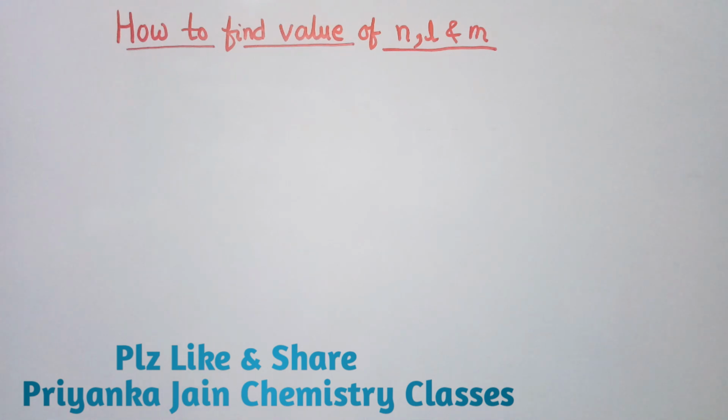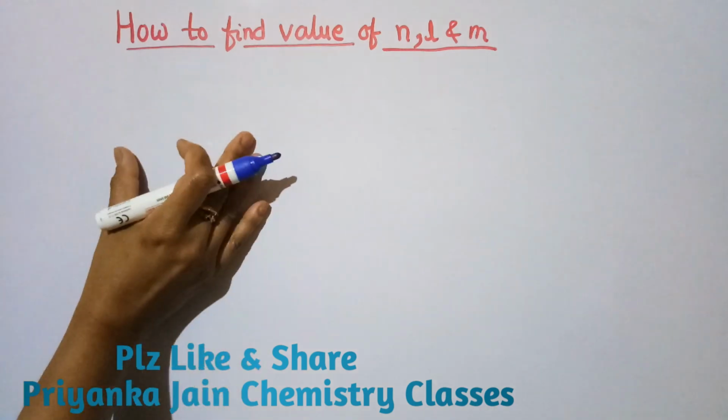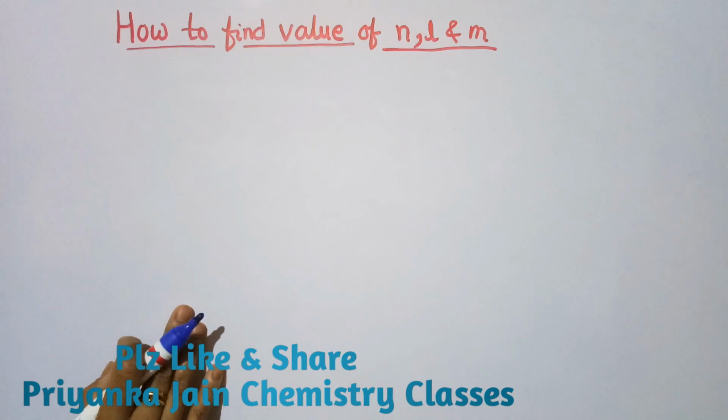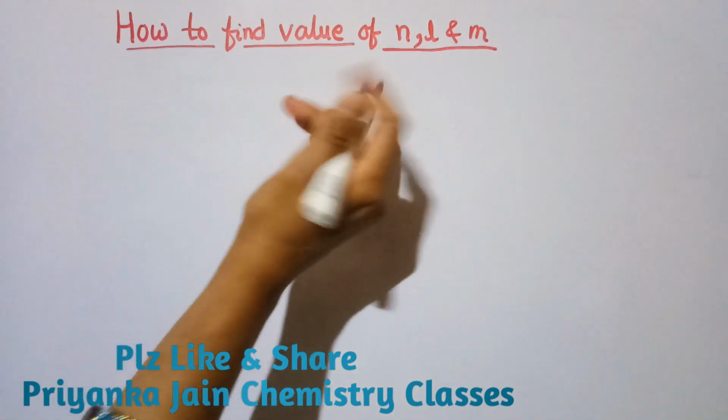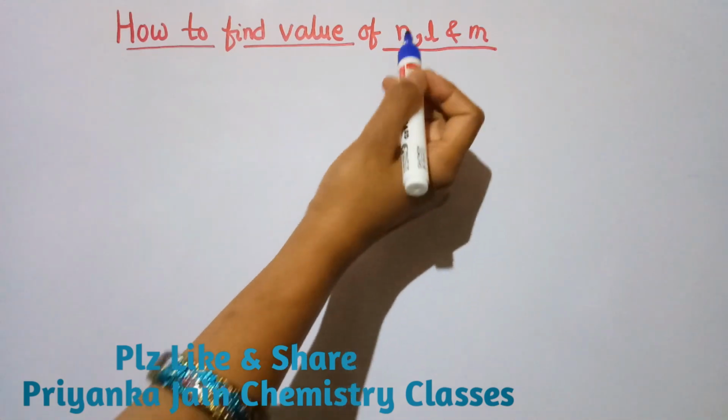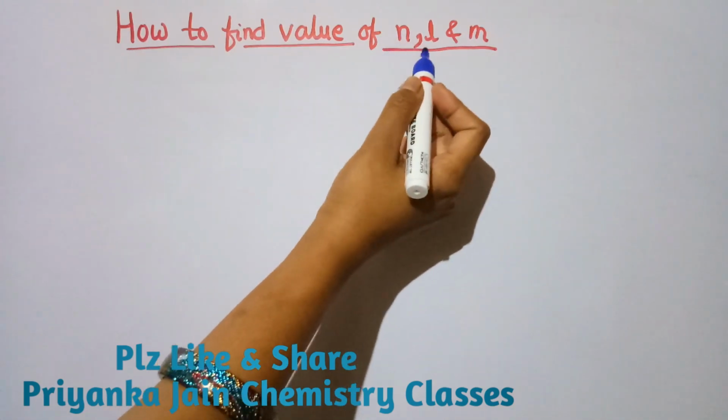We are studying quantum mechanics, and in our previous lecture we studied the hydrogen atom's wave function. We have seen the radial wave function and the angular part. Now, the questions asked about the hydrogen atom wave function are very simple. We are given a wave function, and we do not need to find the wave function. We have to find the values of the different quantum numbers, n, l and m.